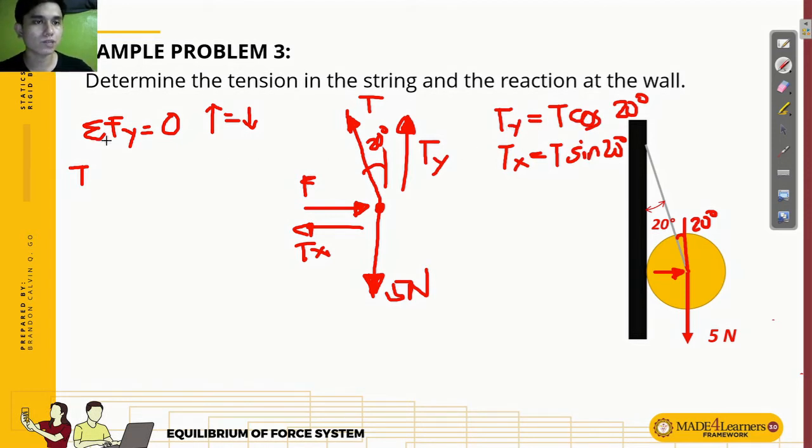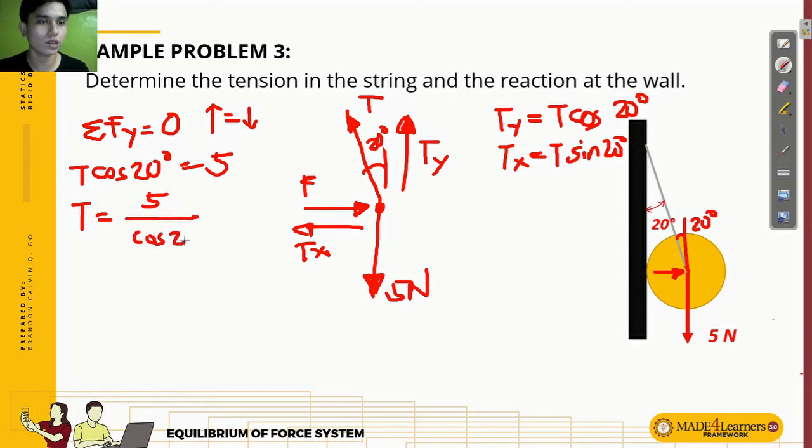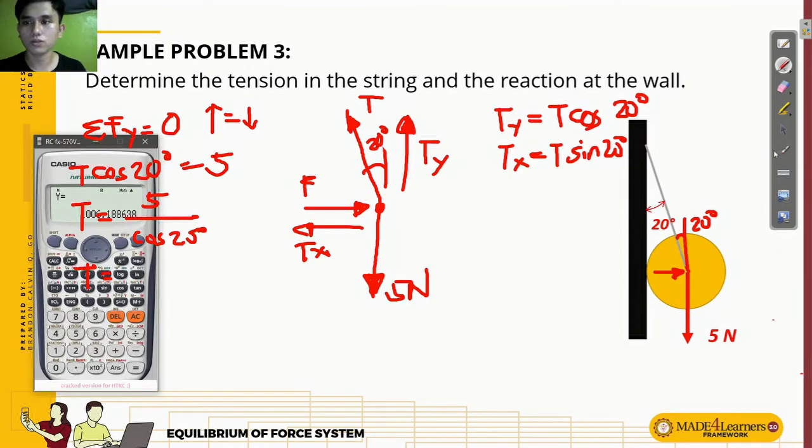Okay, so baliktad. Summation of forces along y is equal to 0. So, upward is equal to downward. So, upward, we have Ty, no? So, Ty class is equal to, in terms of T, that is equal to T cosine 20 degrees is equal to downward, which is 5 Newton. So, solve for T. T is equal to 5 over cosine of 20. Therefore, T is equal to,